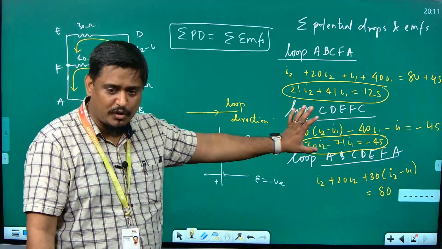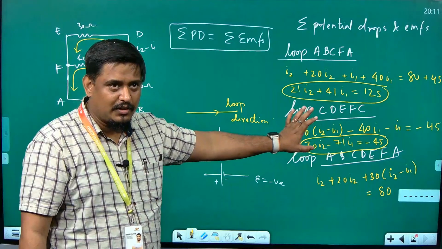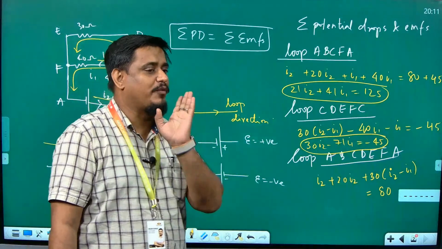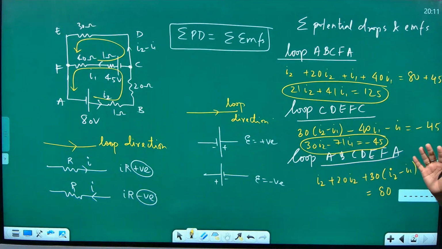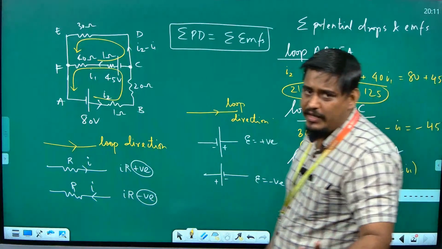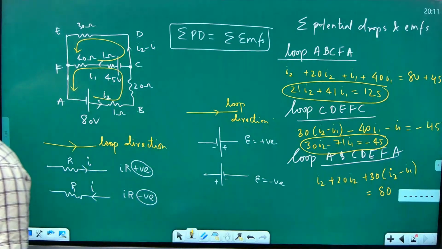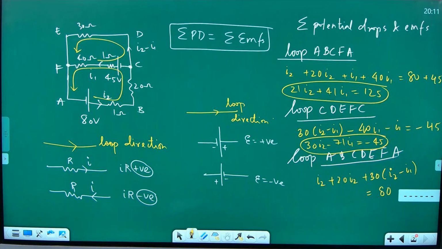Are you getting how to use Kirchhoff law? If I give 2-3 questions to you, you will get confidence in this. I hope it is clear. Theory is clear. I have taught a theory to you. Now, after this, practice only. When we solve 3-4 questions today, then only you will get confidence in Kirchhoff law. Shall I give the question now?